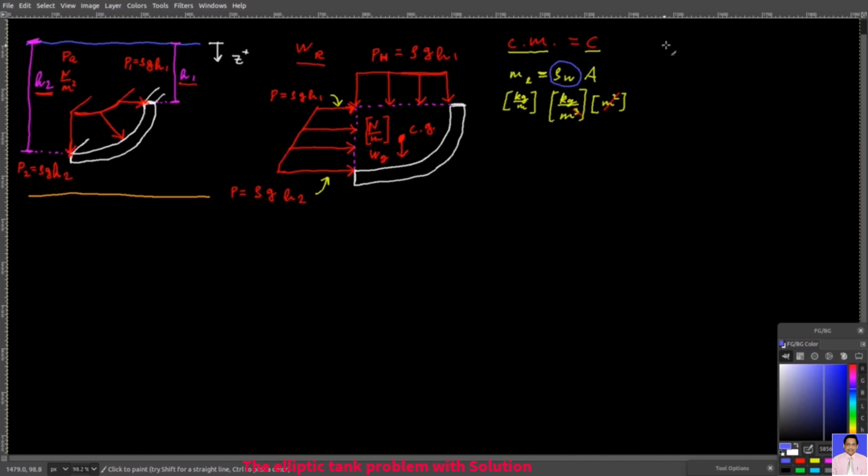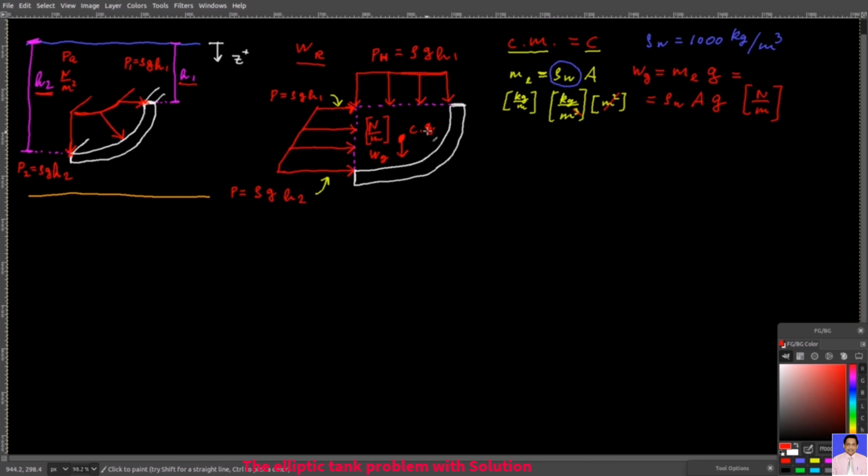Then the density of water is 1000 kilograms per cubic meter, and that means that the gravity force per unit length, Wg, is ml times g. In other words, it's rho w times A times g. And of course, it's newtons over meter. And now you can see that